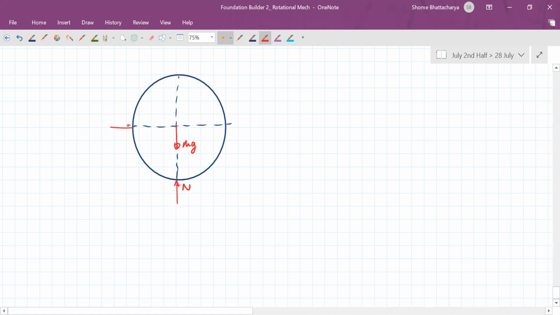But the moment we apply this horizontal force, the point of contact has a tendency to start slipping like this, because if there was no friction, then the center of mass would simply accelerate like this and there would be no alpha. So the point of contact would have slipped in the forward direction. So to prevent that slipping, friction acts